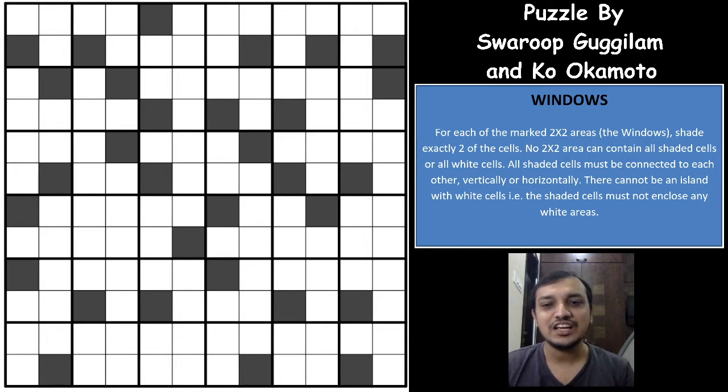Myself Ashish, and today we'll be solving a shading puzzle genre called Windows puzzle. Today we'll be solving two puzzles, one by Swaroop Gogilam and the other by Ko Okamoto. Both of the puzzles are taken from different contests. The puzzle by Swaroop has been taken from the Puzzle Ramayana contest, where all the puzzles are of shading genre, and the other puzzle by Ko Okamoto has been taken from the WPC